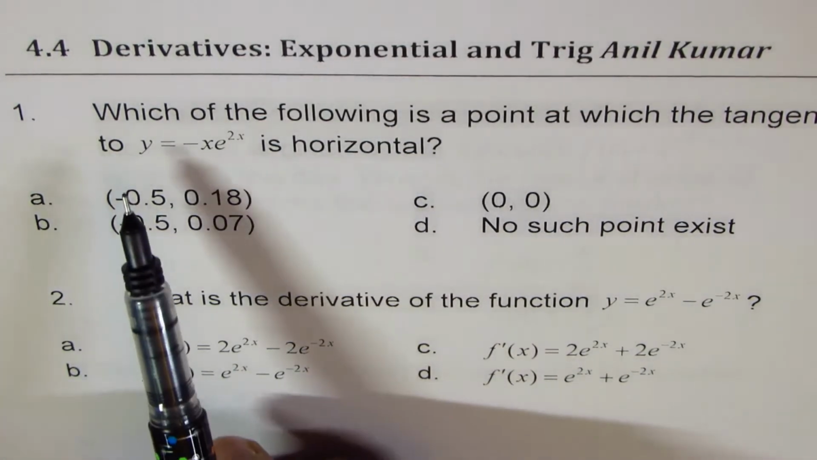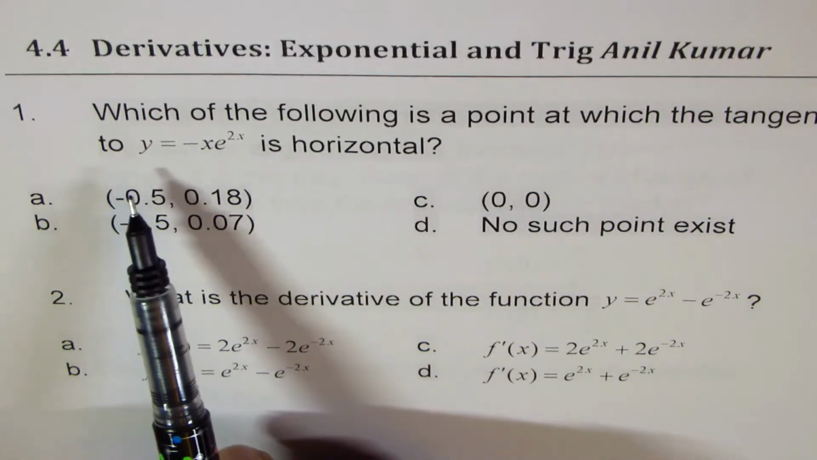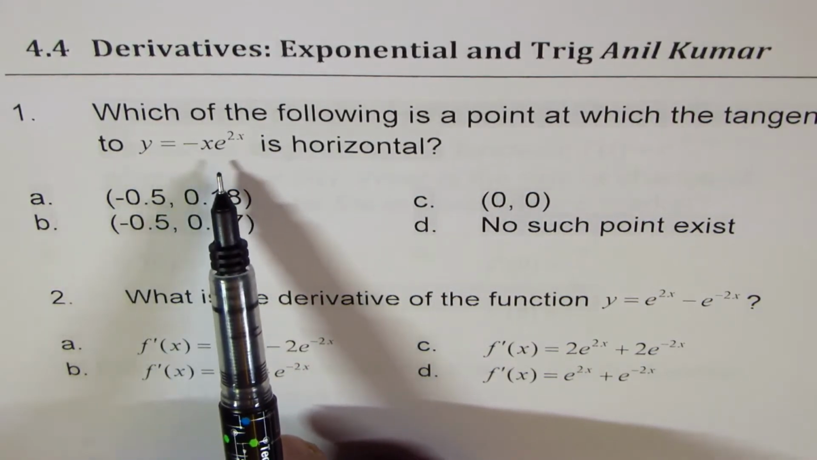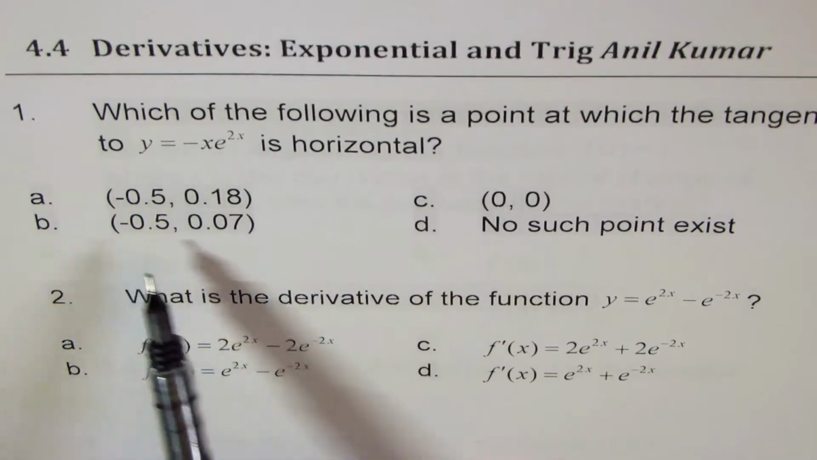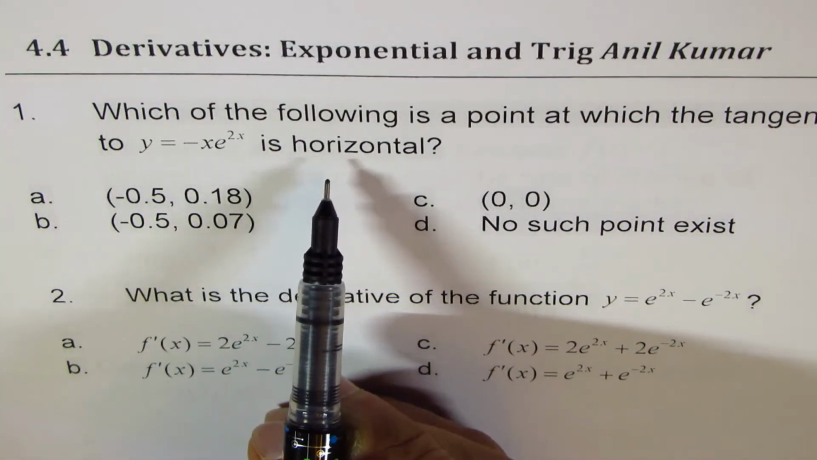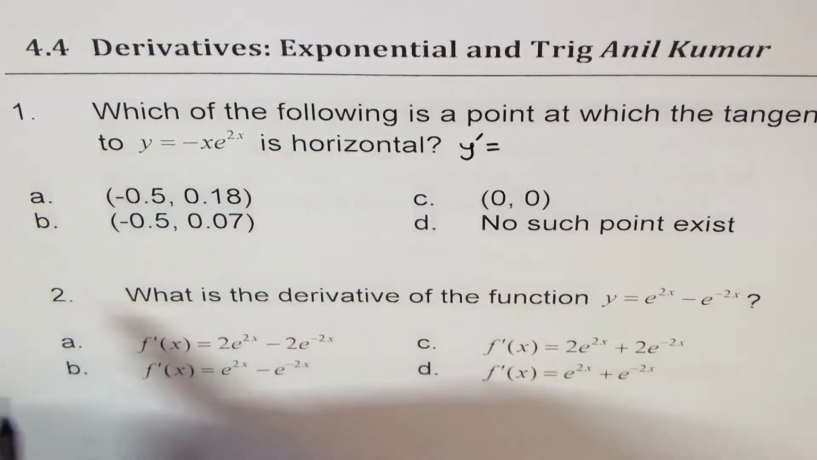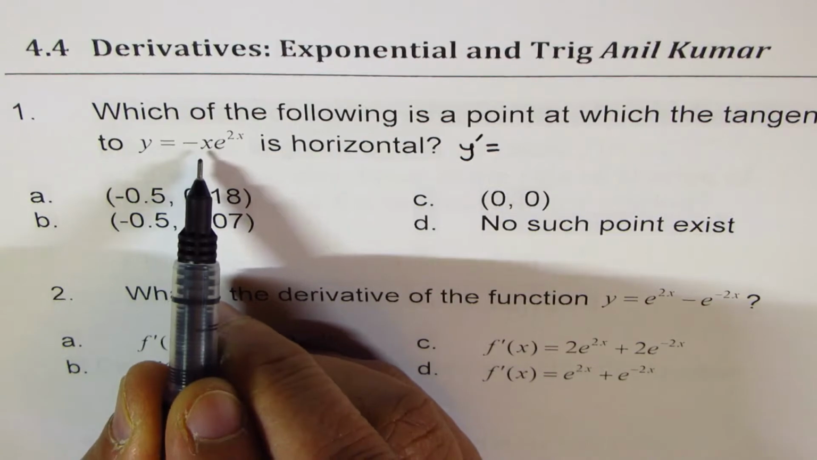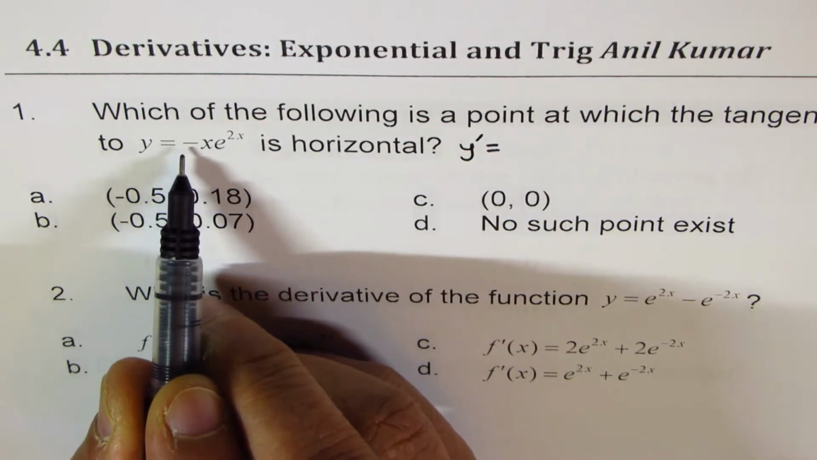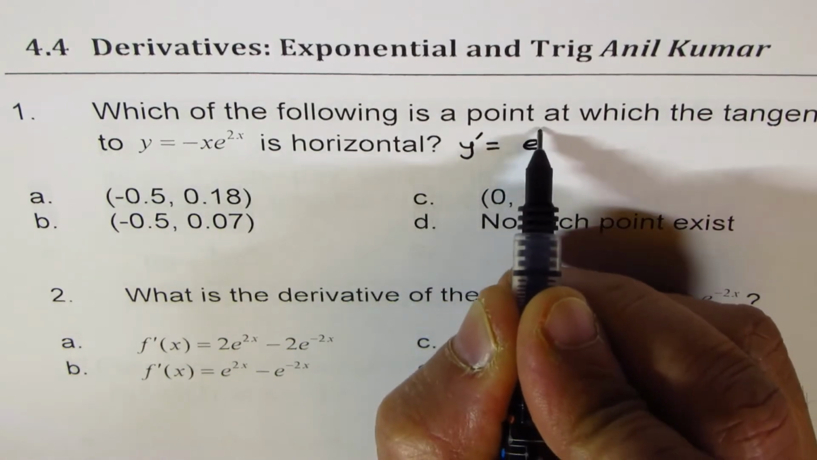The first one here is: which of the following is a point at which the tangent to y equals minus x e to the power of 2x is horizontal? That means the derivative should be 0, right? So let's find the derivative here. You can apply the product rule. The derivative of minus x is minus 1, so you get e to the power of 2x